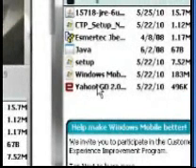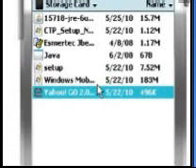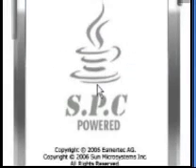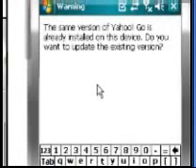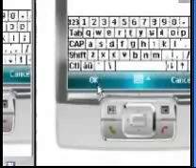Install the 6 needed. Then now I'm going to Yahoo Go, and it's reading. Yeah, Yahoo Go 2.0, 240 times. Yeah, click yes.